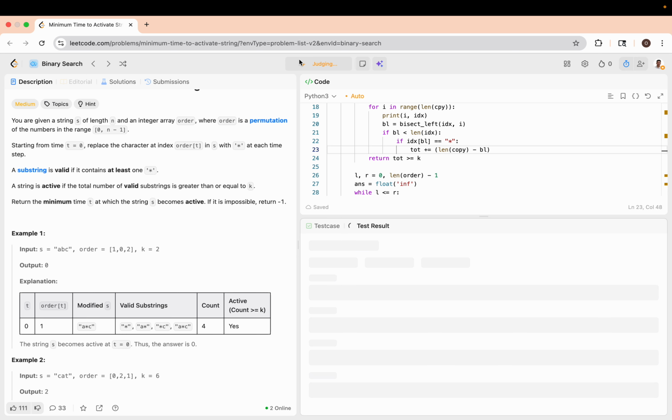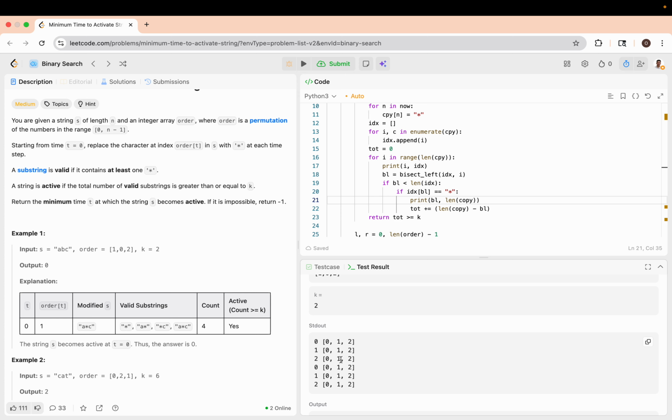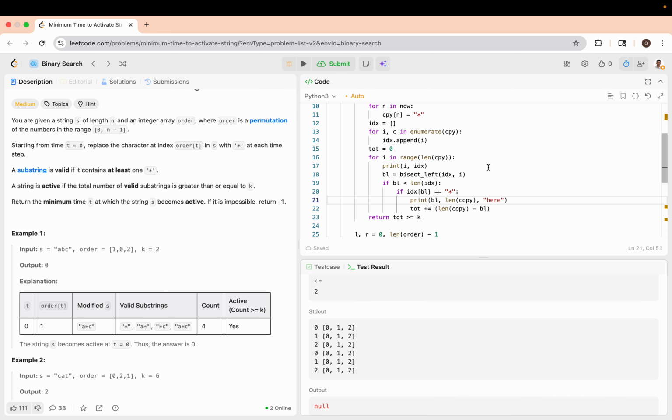So in this case, that's how many subarrays are valid. Let's go ahead and print length of copy and BL. Let's call this here. If BL is less than length of index,